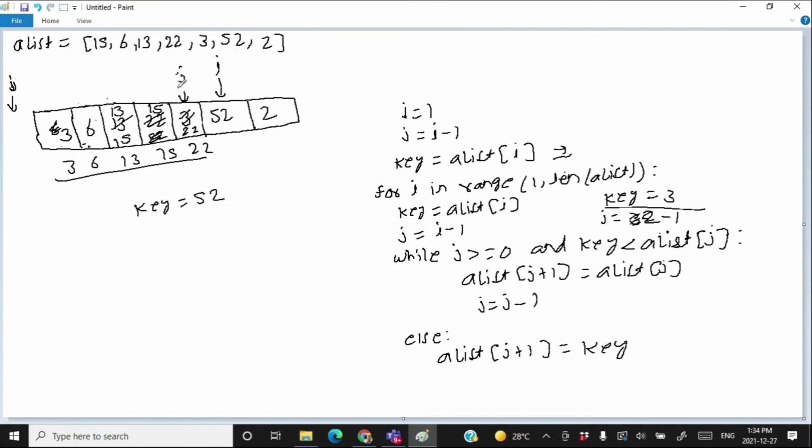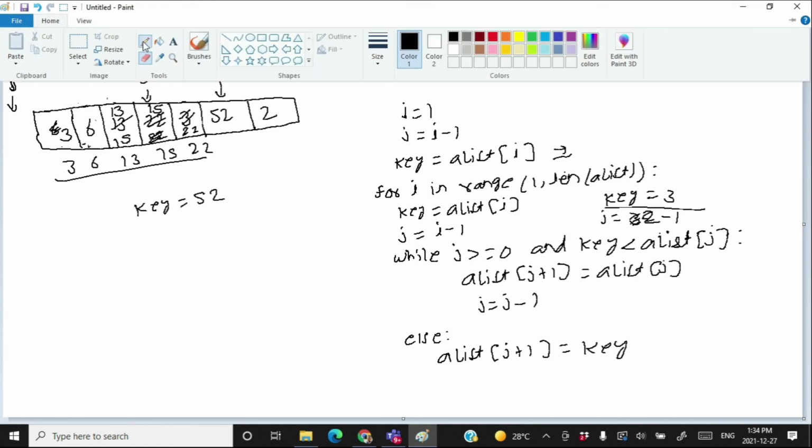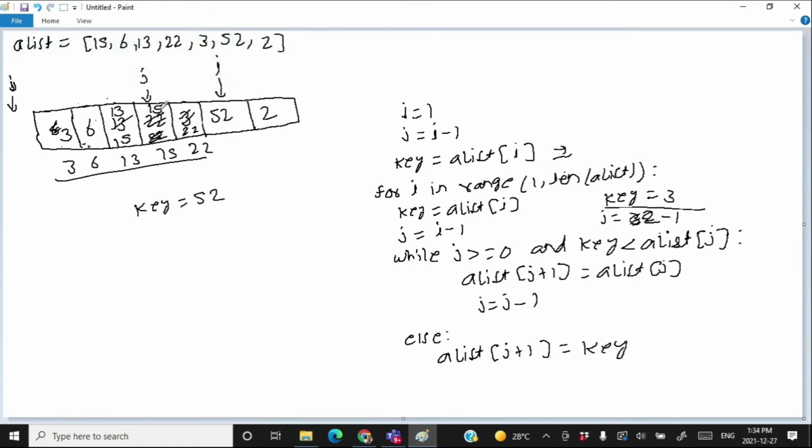No, then the value of j will be decreased without doing anything in this list. Now again I'm going to check if 52 is less than 15. No, then the value of j will again be decreased without doing any operation in this loop. And for the sorted list, actually we do not have to do anything. Just keep on moving the value of j from the current value of I up to -1, and we do not have to do anything if the list is sorted.